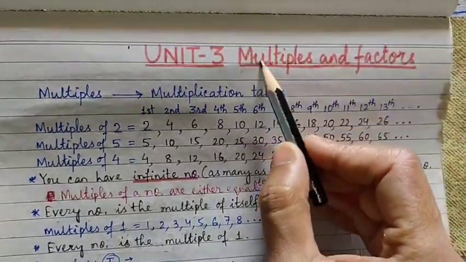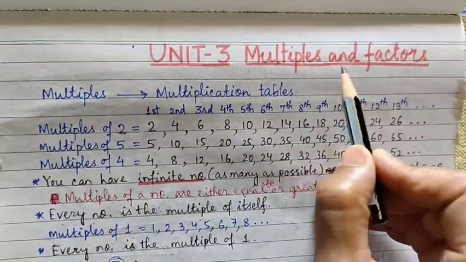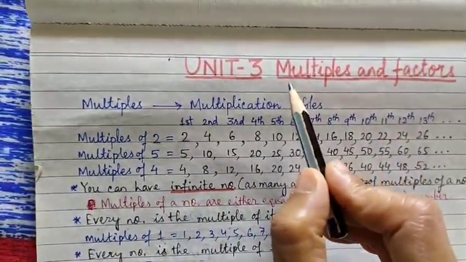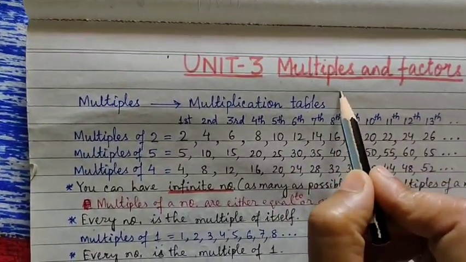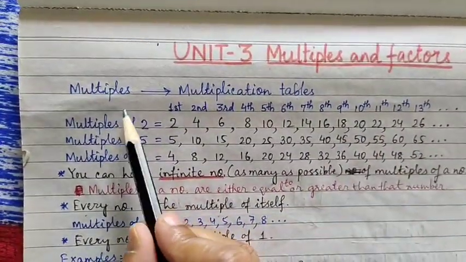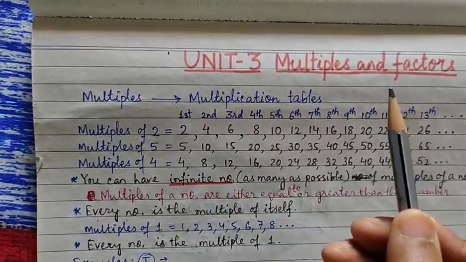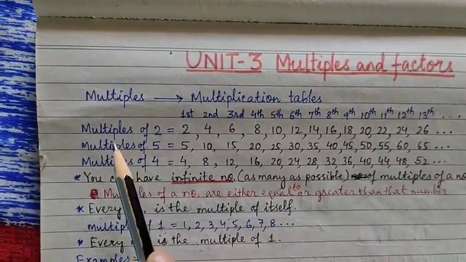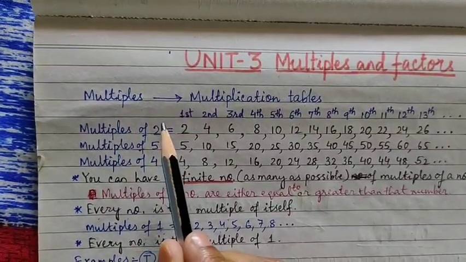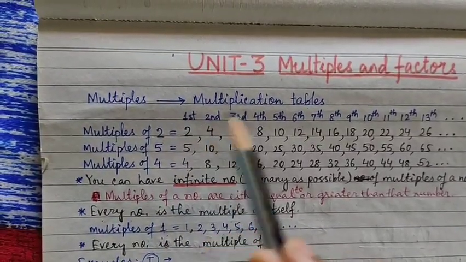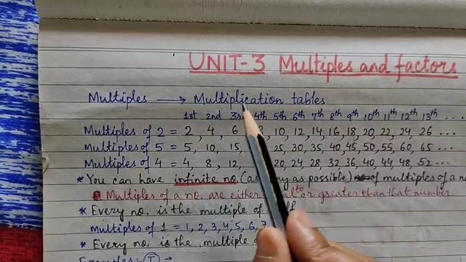Children, today I'll start a new chapter, that is multiples and factors. First, I'll tell you what are multiples. Children, remember, the word multiples is related to the word multiplication. If you want to find the multiples of a number, it means you have to recite the multiplication table of that